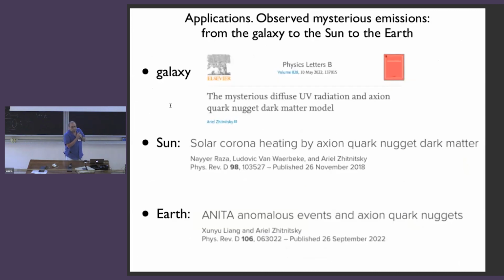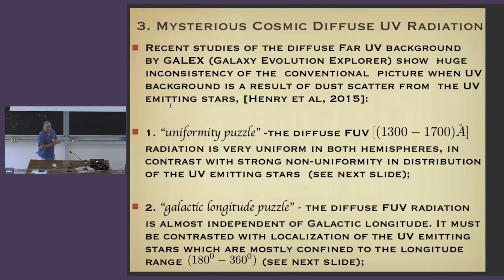So I pick 3 papers for different scales: galactic scale, solar corona scale, Earth scale. I could actually have different examples, and I have papers with different mysterious exotic events, but I want to discuss just these three different scales. First, I start with a mysterious cosmic diffuse UV radiation. So essentially, again, I'll show a couple of slides, and what people observe is the following: